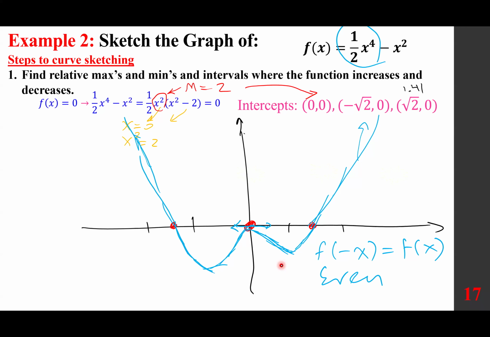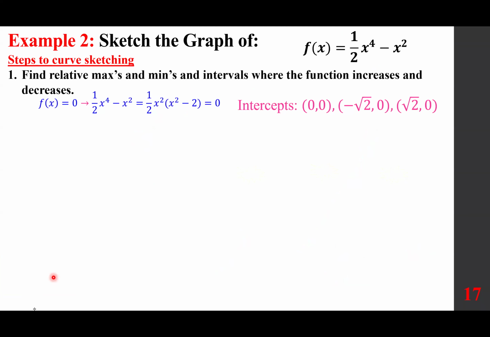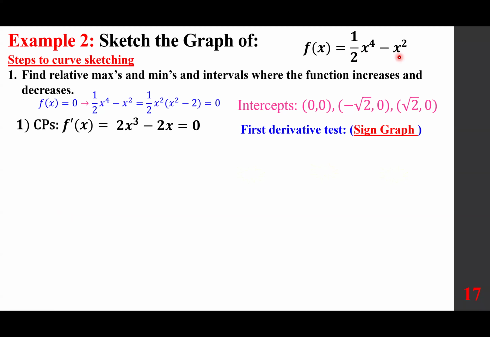Now we are going to actually use calculus to make this look much better. So I'm going to erase my work, everybody. All right, so we want to go with the first derivative test, and therefore we are going to go with CPs, and therefore we're going to go with f prime of x. And that means 1 half times 4, 2x cubed minus 2x. To set this equal to 0,